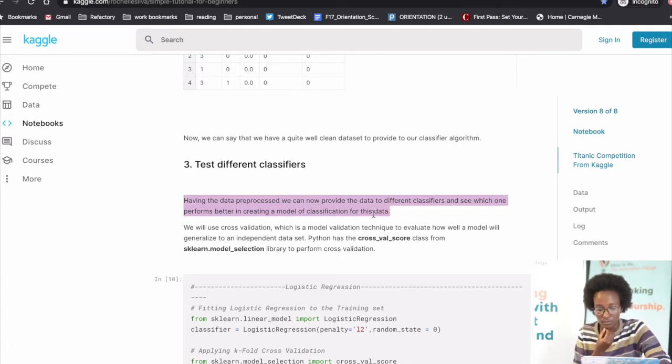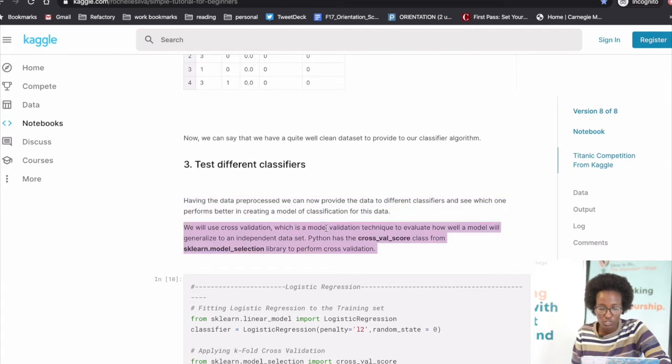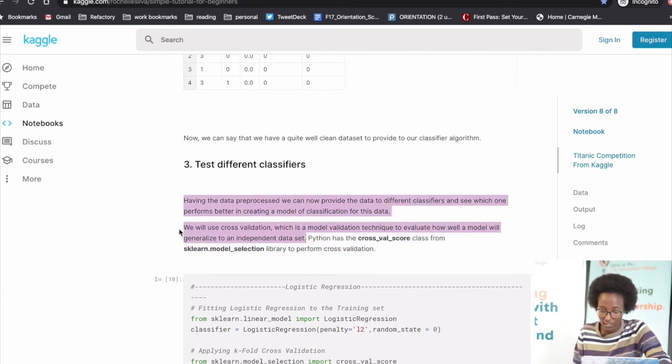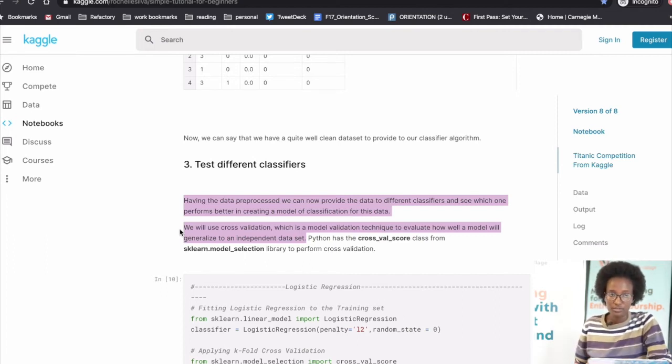classification for this data. We will use cross-validation, which is a model validation technique to evaluate how well a model will generalize to an independent data set. Okay, I think we had talked about cross-validation, but at a high level, what is cross-validation? It is a model validation technique. It is a technique for validating the model and seeing how well this model performs when given